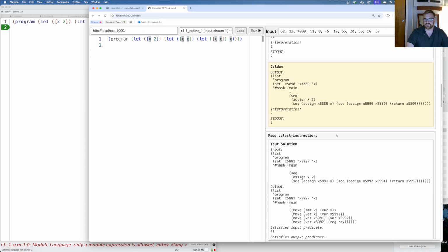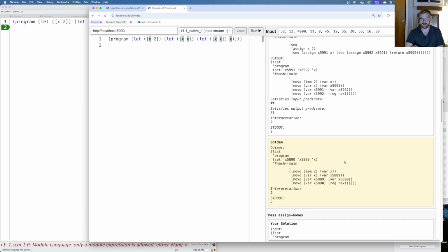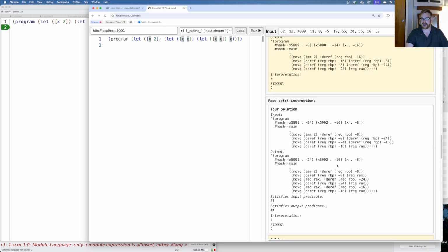Okay, and then uncover locals does its thing, select instructions turns these into, so now I'm going to move immediate 2 into x. I'm going to move x into var 5991, move var 5991 into var 5992, move var 5992 into RAX, since that's the returning value, right? So that's the result of the fact that the answer for the program is left in RAX, and then at the end, I think I actually should have